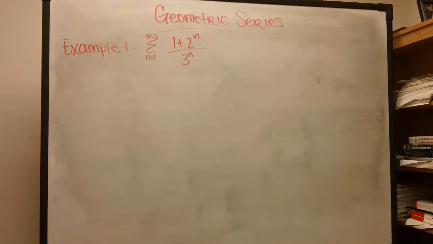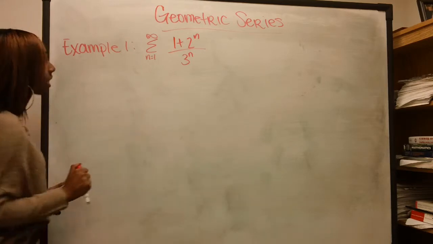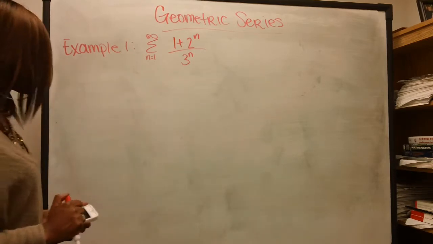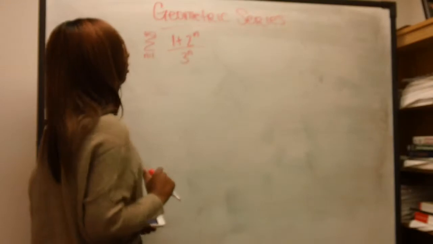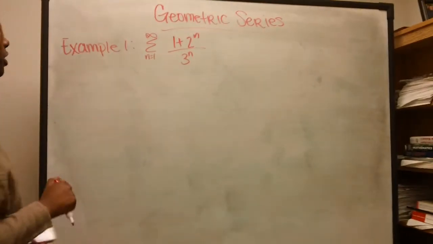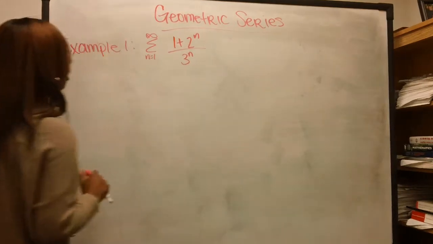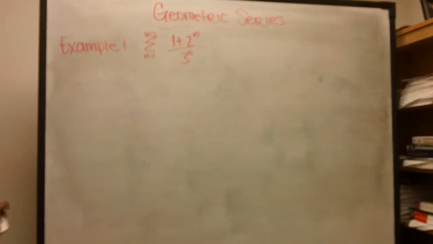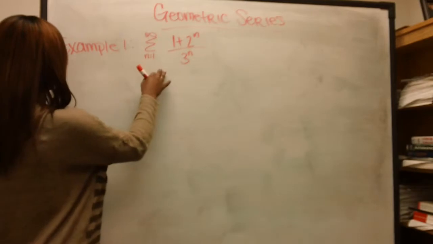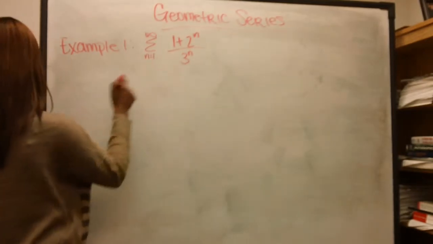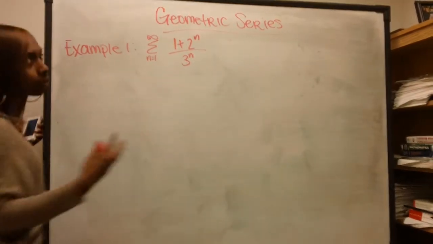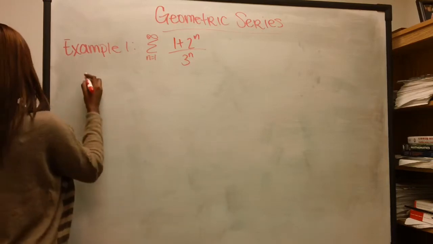Alright, so we're doing geometric series, example 1, which states: the summation from n equals 1 to infinity of (1 + 2^n) over 3^n. So in looking at this series, your first step is pretty much going to be to rewrite this series as a sum of two series. And in order to do that,